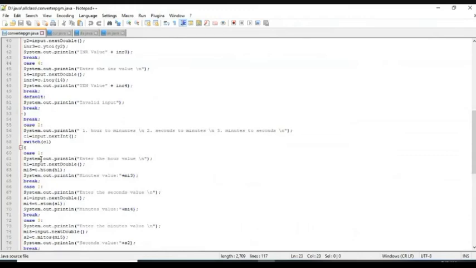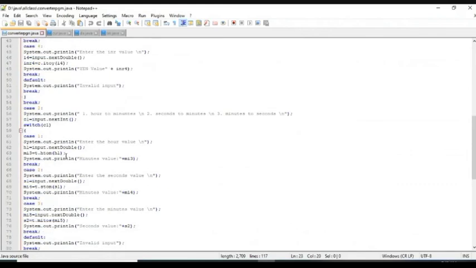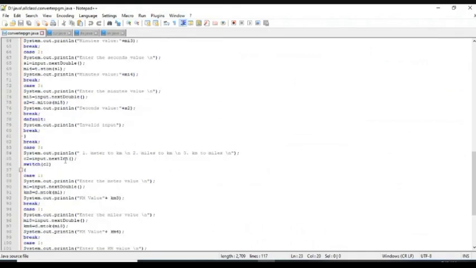Next part, we are just printing the output by using System.out.println. The next case is our distance converter. Here we are getting the distance in meters or miles or kilometers, then we have to convert into the particular unit we need.